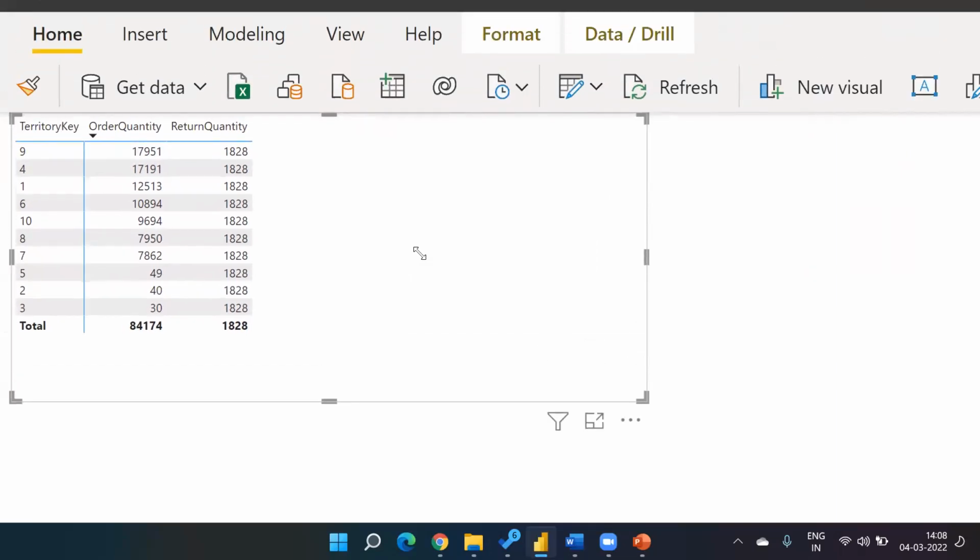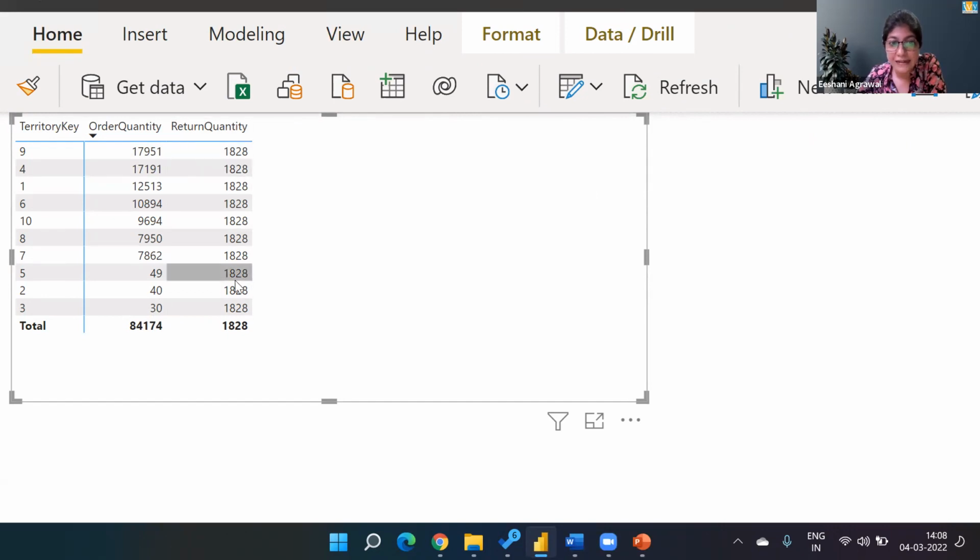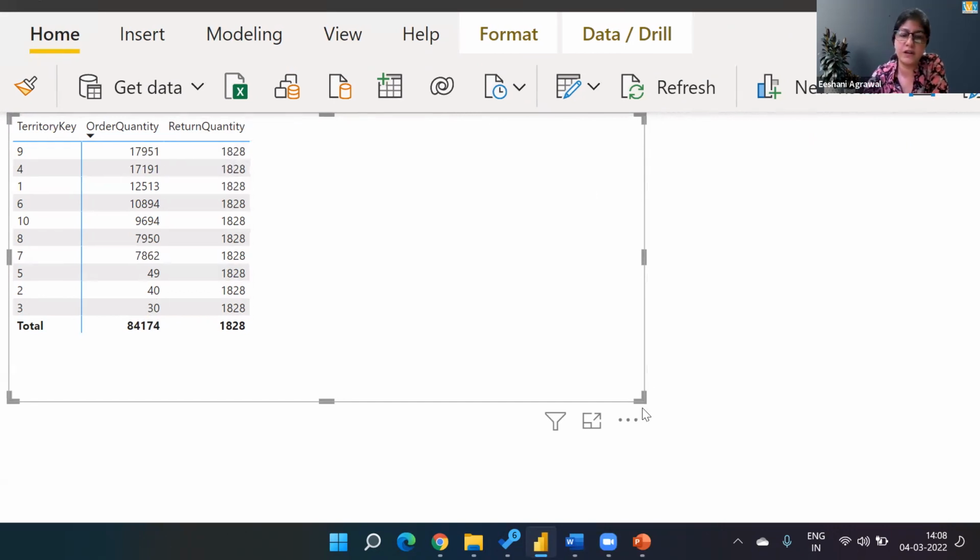Yeah, I mean, return quantity has the same numbers. So the whole concept that I was trying to explain to you is that when you drop a number over here, it gets aggregated and it filters based on the items of the field that you're dropping over here. The numbers got jumbled here. It didn't work, right? Filtering didn't happen. If I tell you what is the total of return quantity,